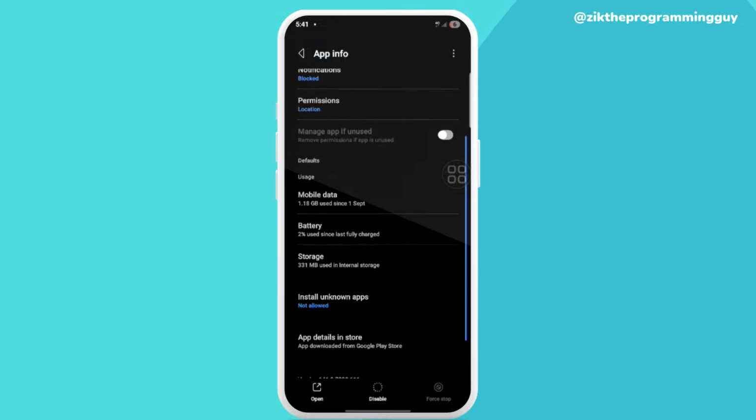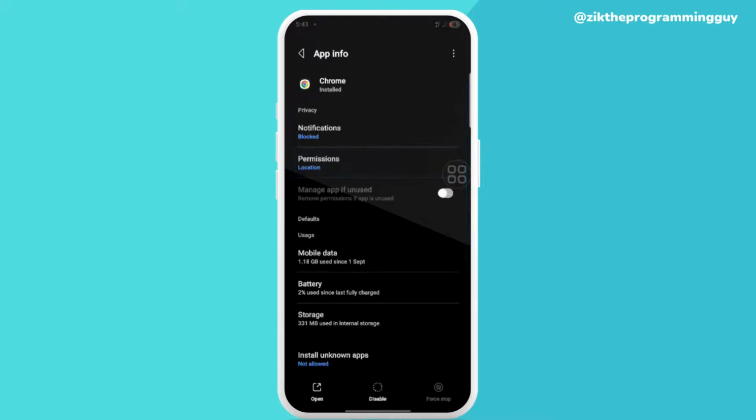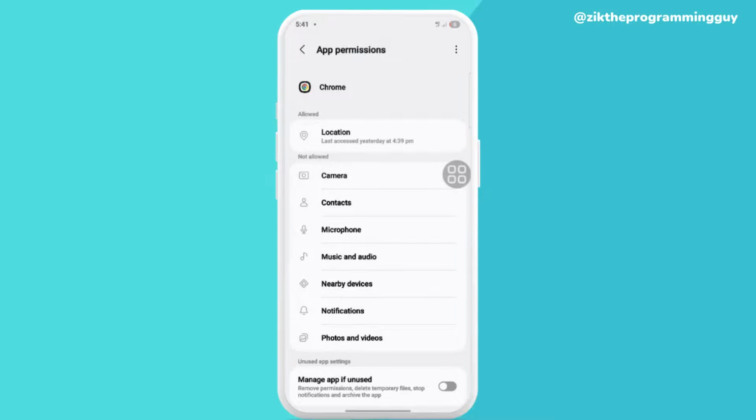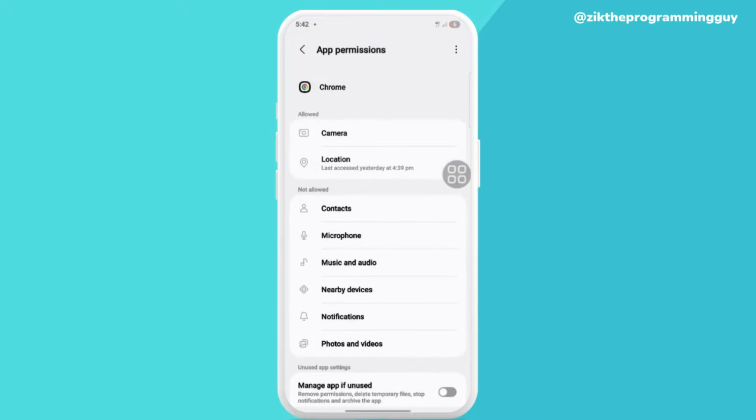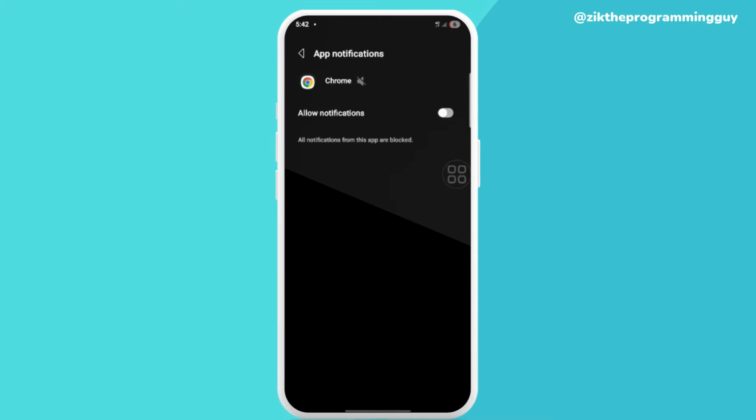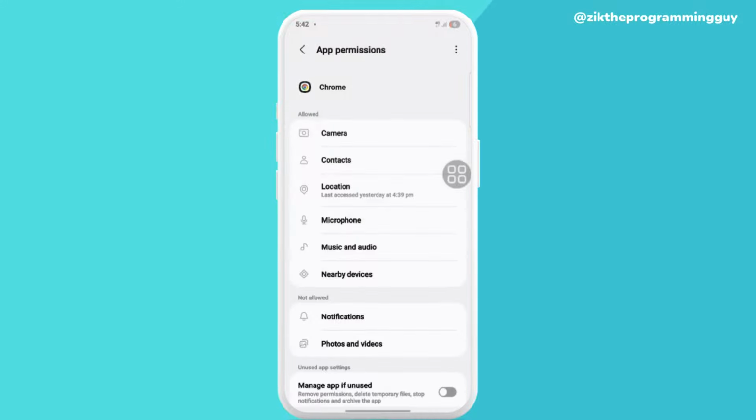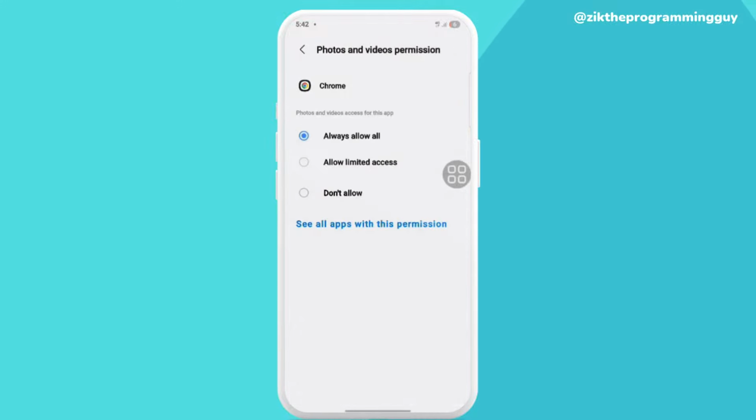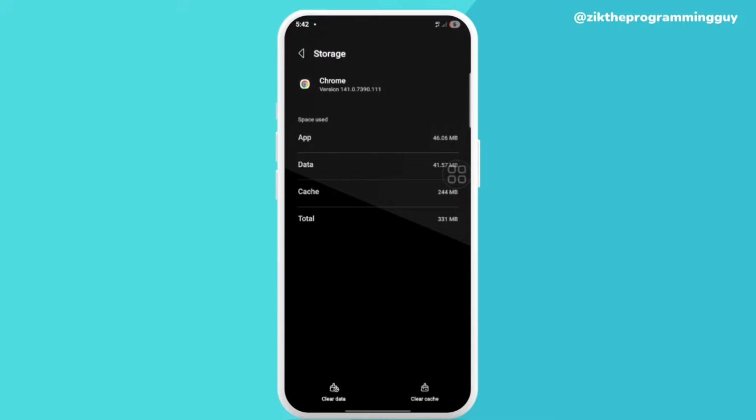So the first thing you have to do is click on permissions, right? And you have to enable your camera, enable your contacts, enable your mic, enable your nearby devices permission, notifications, music, and photos and videos. Just allow that. Then after doing that, you can now go to storage, click on storage, and you have to